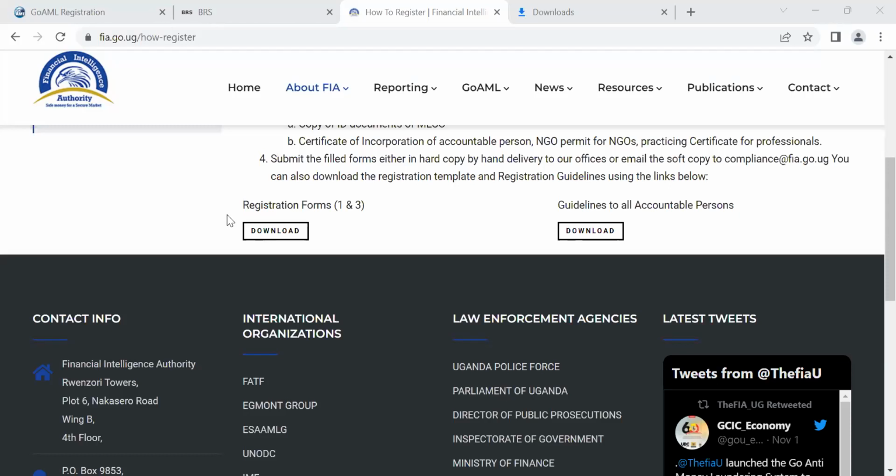1, 2, 3. So it is addressed to FIA? Yes, for us to confirm that the institution has nominated these 2 or 3 people or 1 person. So what makes it authentic? The stamp or the signature from the boss? Stamp and signature, and then you scan it. But we'll do a follow-up just to confirm.